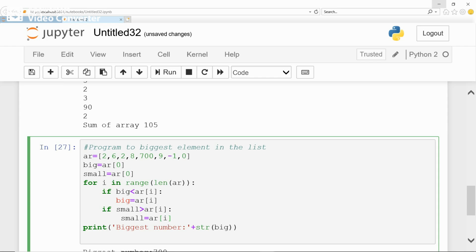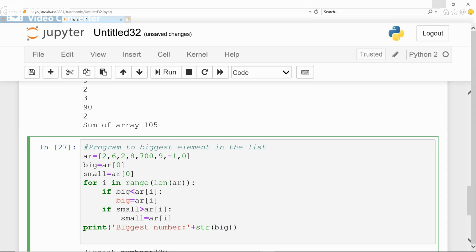Now you know that small is having the first element. If the first element is greater than the second element, then the second element is smaller than the first element, and that element will be stored to the variable small.